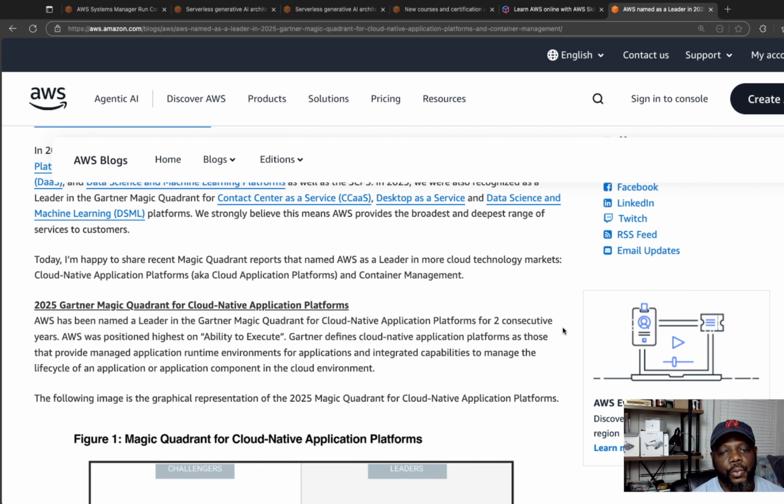So if you may not know your workloads, or you just want to start something off with a proof of concept, AWS Lambda could be very ideal for that. You can get it up relatively quick, and it's pay as you go, and then